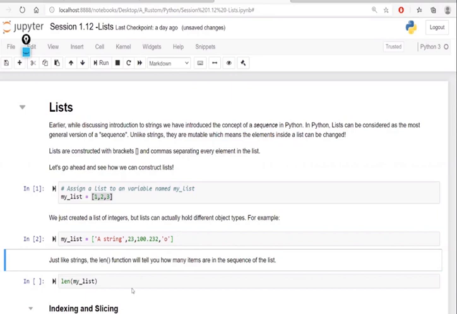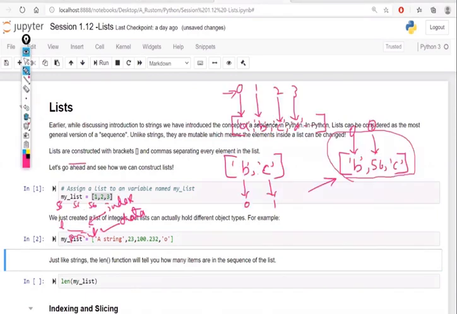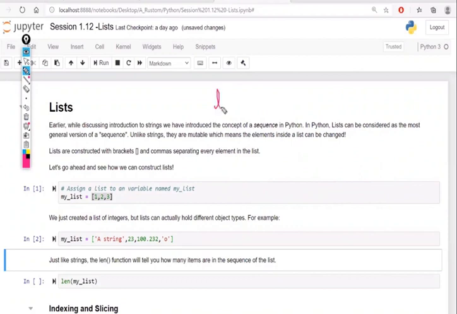Now there is a function called length, L-E-N-G-T-H. In short, I can call it len. Length is a function, len is a function. Whenever I want to understand how many data I have in the list, suppose roll number. For each student, we assign a roll number in a college or a school, and there will be multiple, or I would say so many roll numbers. It depends upon the number of students, right? All the roll numbers are unique.